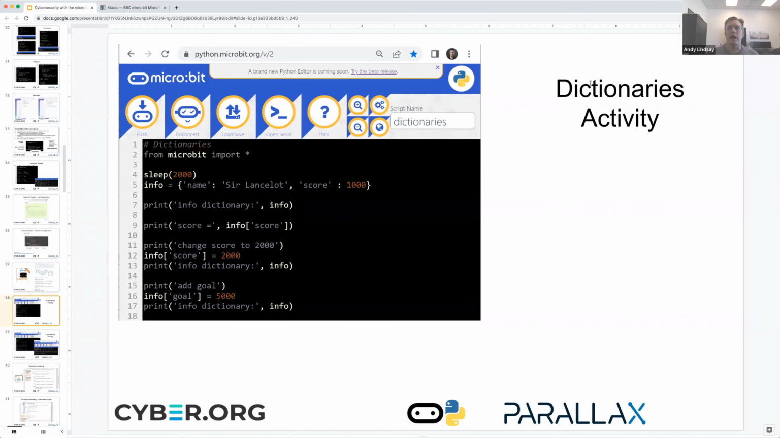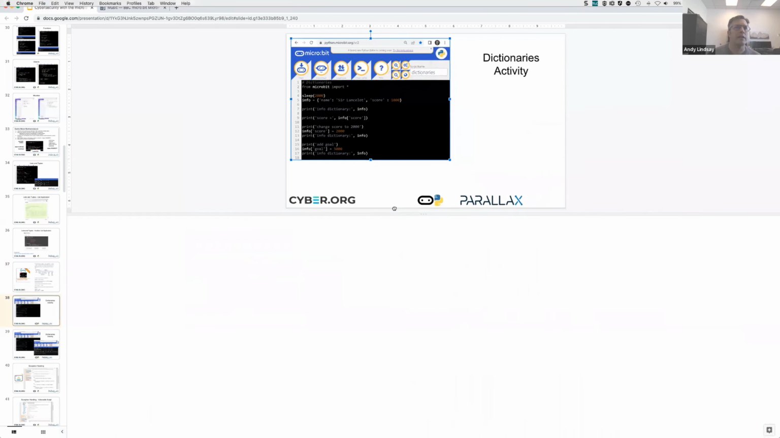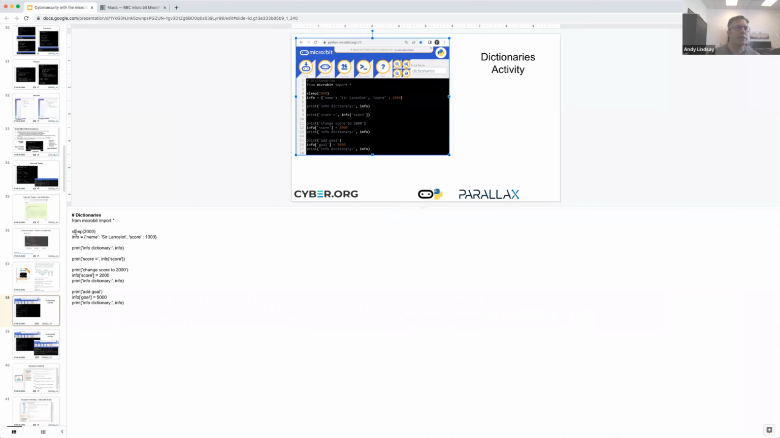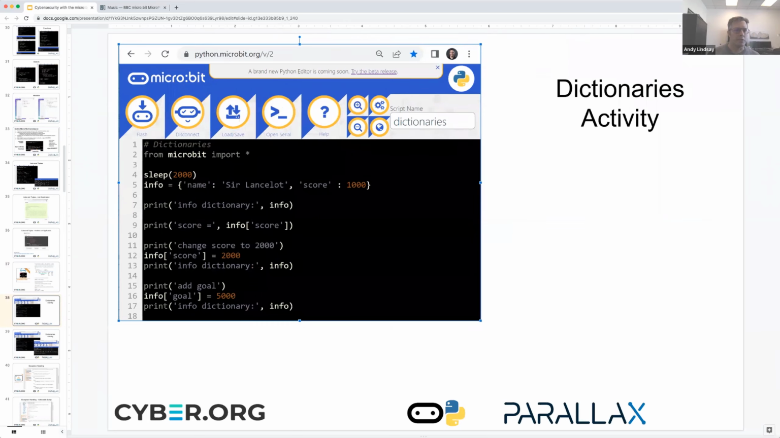Let's see here. Sorry, I forgot about this one. What are we doing here? Oh, this is the dictionaries activity. So this is if you're running the script that is stored down in the comments. Again, in the interest of time, if you guys are okay, well,